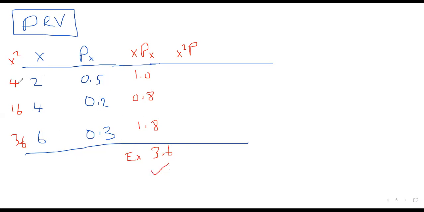Then you also multiply the squared values here. 4 times 0.5 gives 2. 16 times 0.2 gives 3.2, 12.8 rather, 36 times 0.3 gives 10.8. So when you add all this, we're going to get